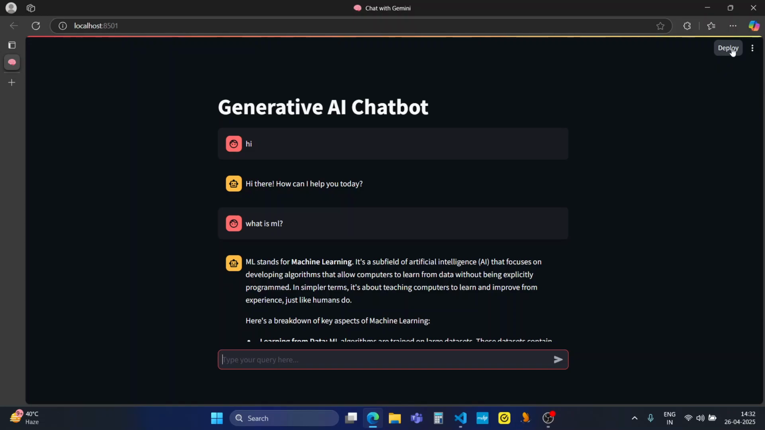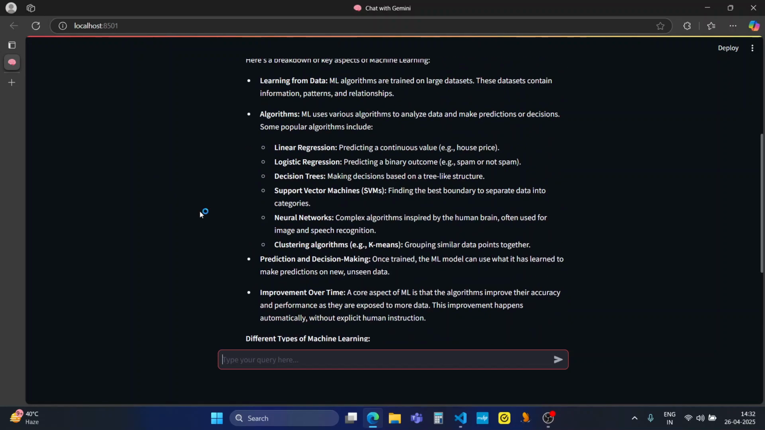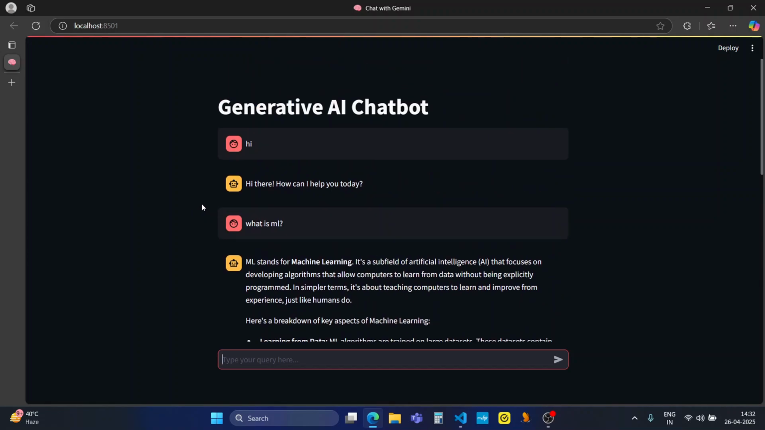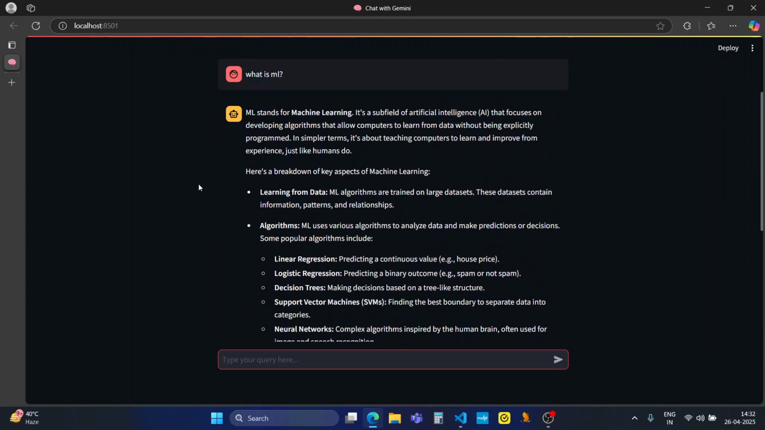you can also deploy it from here if you want to deploy it in the real version. But just let me remind you that the API key will be free for the first 3 months, and after 3 months you have to pay money. So deploy it wisely, and